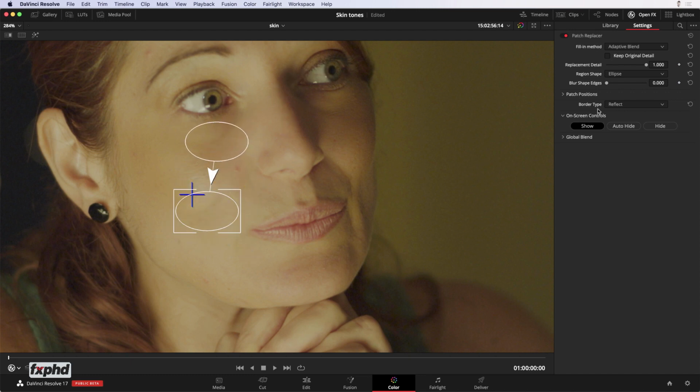Now, what you need to do to get this centered, you need to click Keep Original Detail. Then I can go in and find out exactly where that problem is. It's about there. It's about where that crosses, isn't it, there? Now I'm going to sample some skin from about there, like that. Now it's pretty small, so I'm going to make this just a bit bigger. There. And then I can get rid of that.